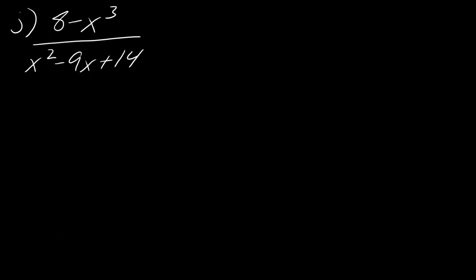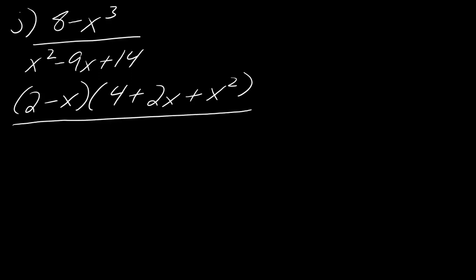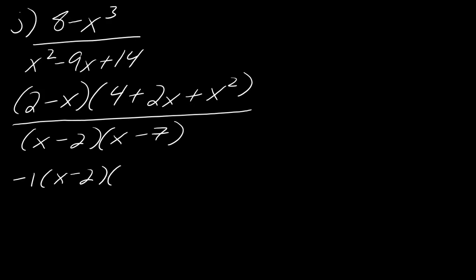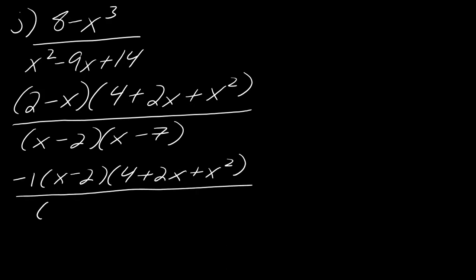Moving on, so let's go ahead and factor this. So again, this is going to use that same difference of cubes formula, so I'm not going to restate it. So factoring everything out, we'll get, and so now I need to do the -1 trick. And so now I can cancel, and so my final answer will be